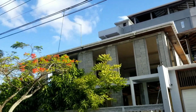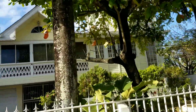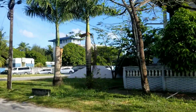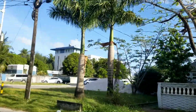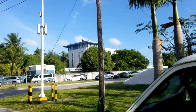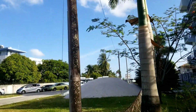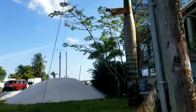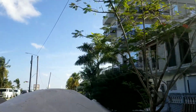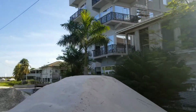So this is an original house that has been kept in its original style, now being renovated. But to show you the new multi-story building that is being built here in Subryanville, to bring this video to an end, is this building. It's kind of